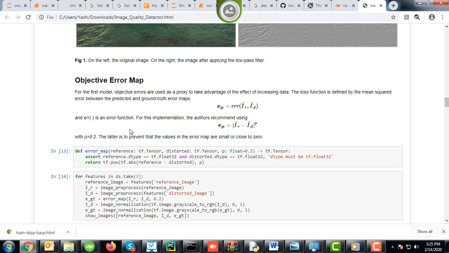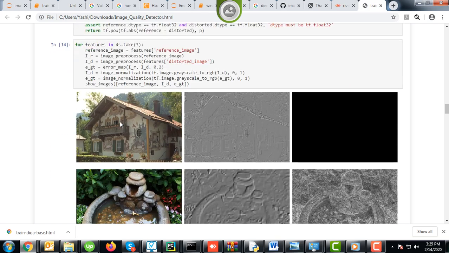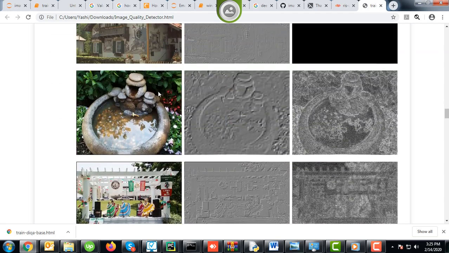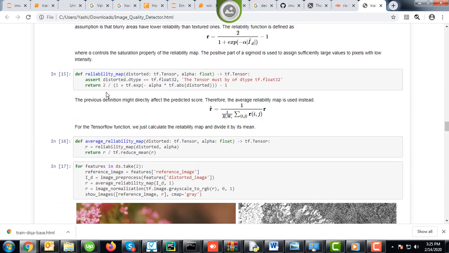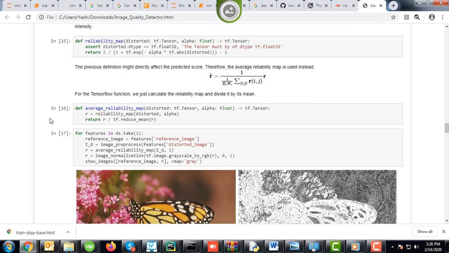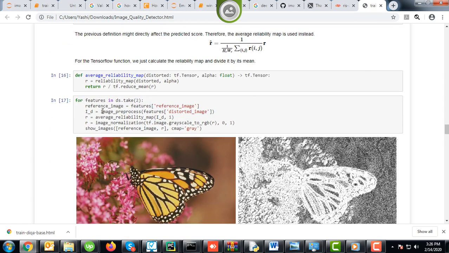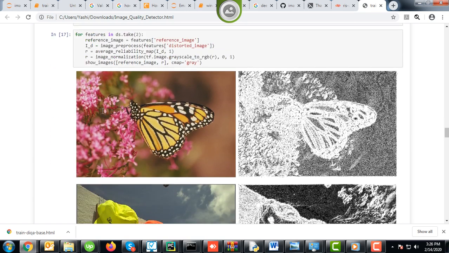Using that formula, I have written the code in the 13th and 14th blocks, finding and mapping the errors. Then I am mapping the reliability in this reliability map function using the above formula. Then the average of the reliability map and testing on these images.